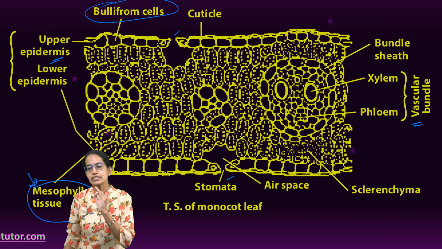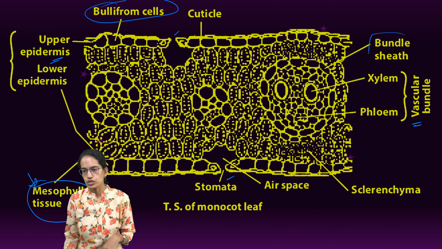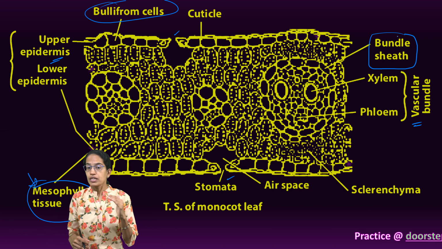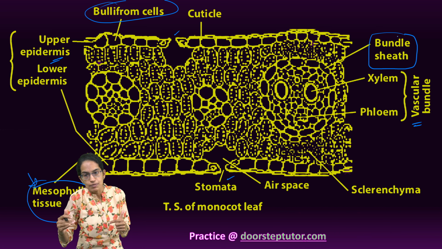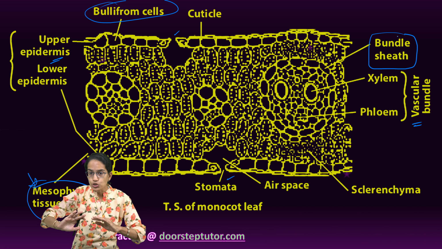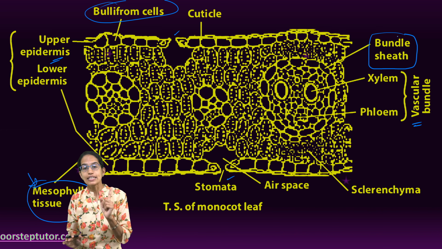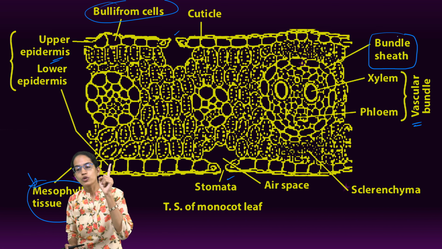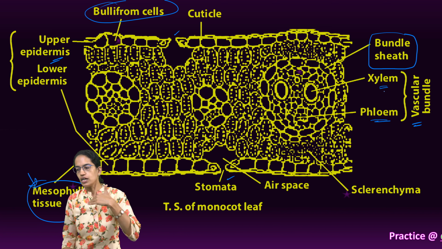Now the next is the vascular bundle. Under the vascular bundle, the outermost layer is what is known as the bundle sheath. Within the bundle sheath, there are xylem and phloem. Now note, in the root, we saw that protoxylem and metaxylem are present, and protoxylem actually surrounds the metaxylem, and that's what is known as exarch. And that was the case of a monocot root. In the case of a monocot leaf, phloem lies towards the lower epidermis, xylem lies towards the upper epidermis.